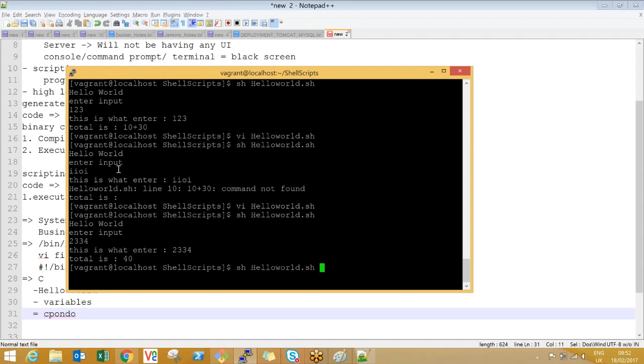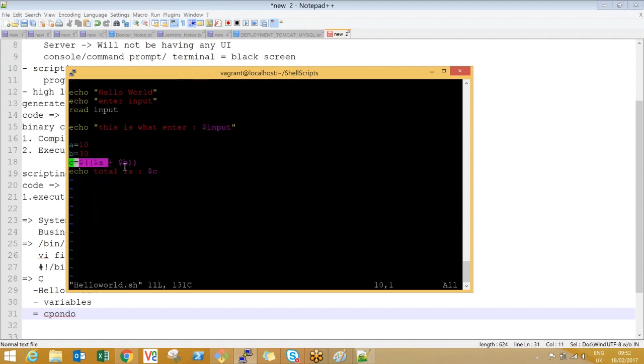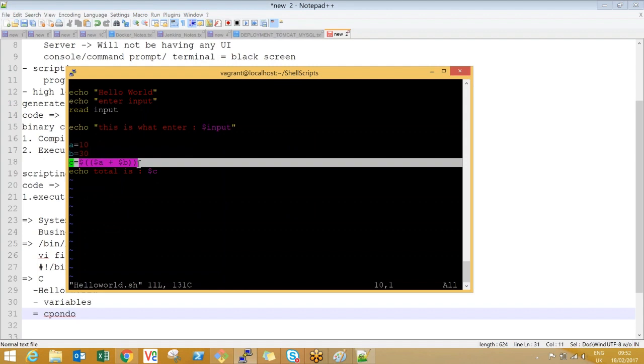Okay, it's correct now. Syntax error, guys. This is how you need to evaluate if it is a numerical operation. That is one way of evaluating.